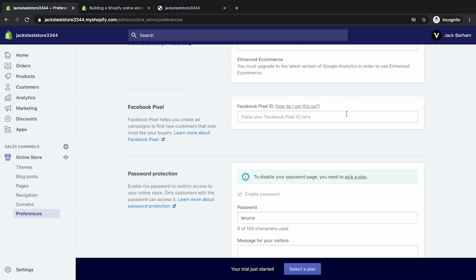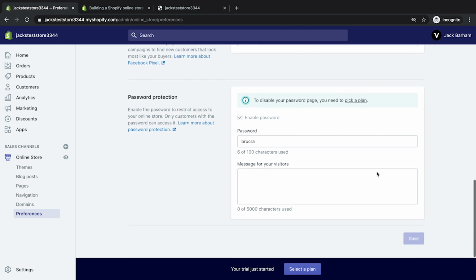Facebook Pixel, this is a Facebook service, so if you're running adverts on Facebook, which Katie will be, you can add a tracking pixel on your website that's linked to your Facebook business account. What that does is when someone clicks on an advert and then comes to your website and they go back to Facebook, that advert will pop up a little bit more and you can track how much you're spending and you get a better conversion rate.